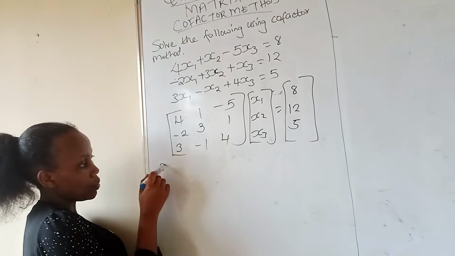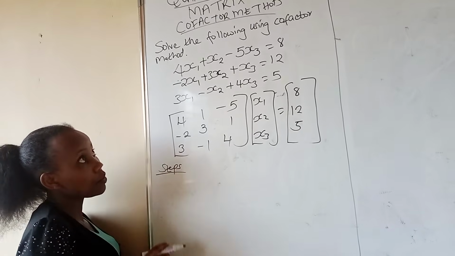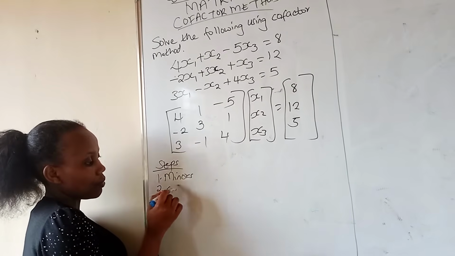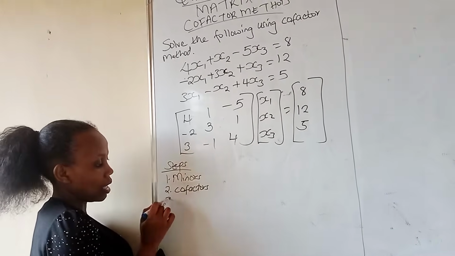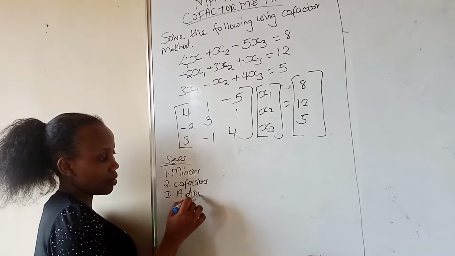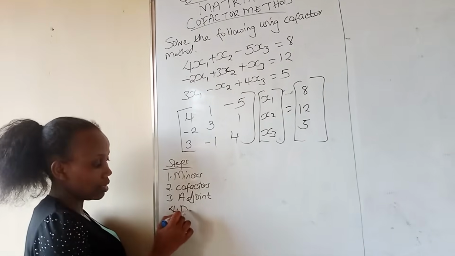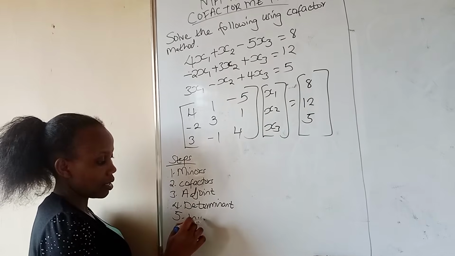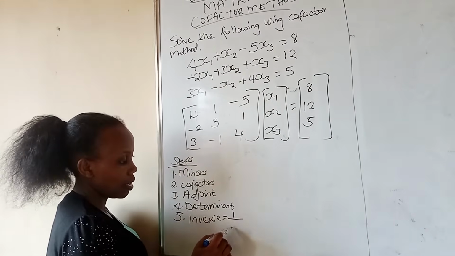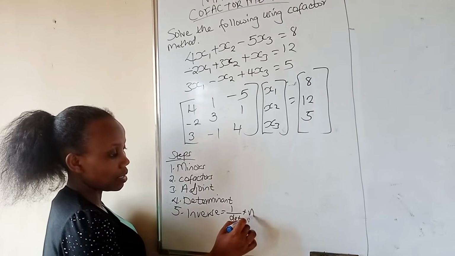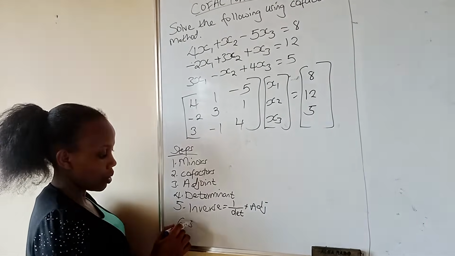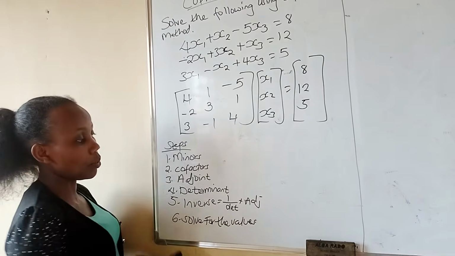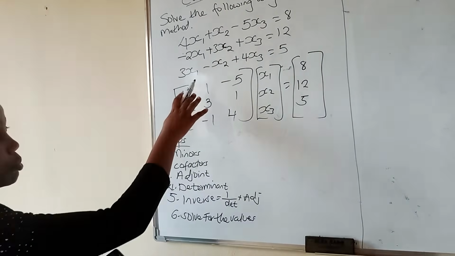Then the steps of solving using the cofactor method. First of all, we are going to find the minors. Then next we will get the cofactors. Then next the adjoint. Next the determinant. The inverse. And inverse is usually 1 over the determinant multiplied by the adjoint. Then lastly, now we are able to solve for the values. Now these are the steps that we are going to follow